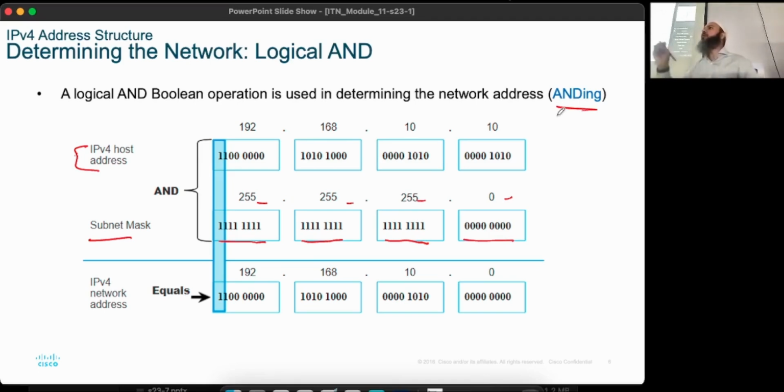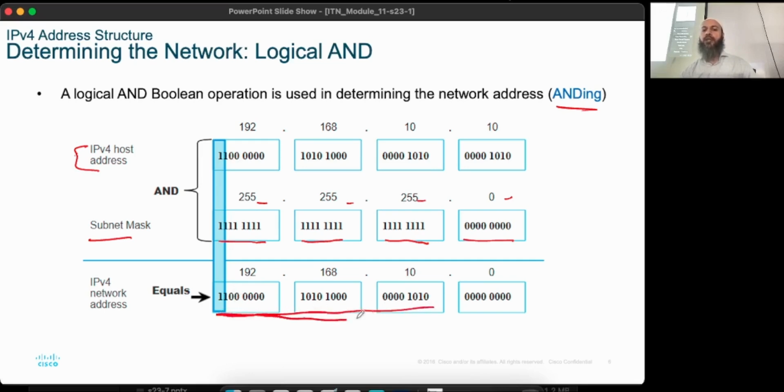Okay, so how do you calculate which portion is the network? Now, for us, we can just say, take this, this is the network. How does the computer do it? It takes the subnet mask and does a bitwise AND. A bitwise AND is: 1 and 1 is 1, everything else is 0. So 1, 1, 1, 1, 1, 1, and then 0, and 0 and 1 is 0, and so on. You come all the way up to over here.